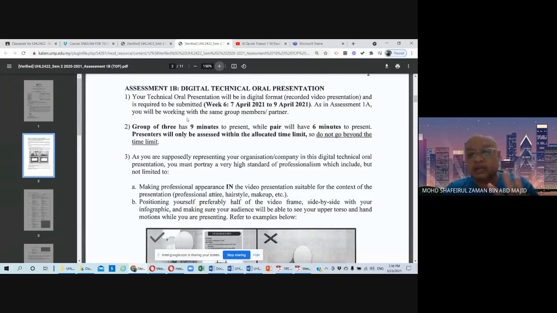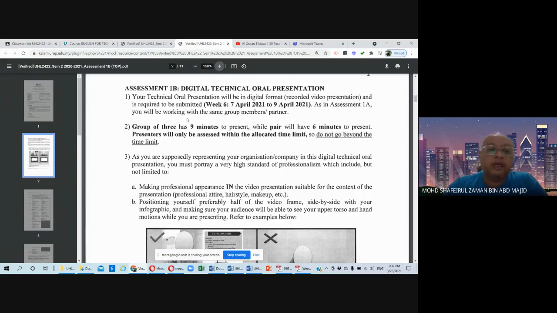Let's say if it is a group work or a pair work, each one of you, the presenter, will be presenting different main parts and different sub parts from the other team members or your partner, and therefore you need to record yourself giving the presentation according to the main parts or sub parts that you have identified, your own sub parts and or main parts.